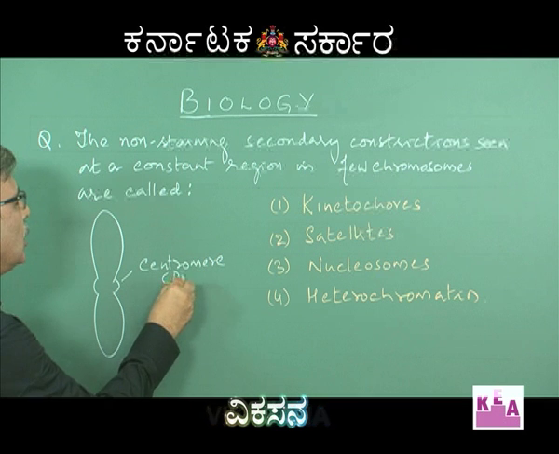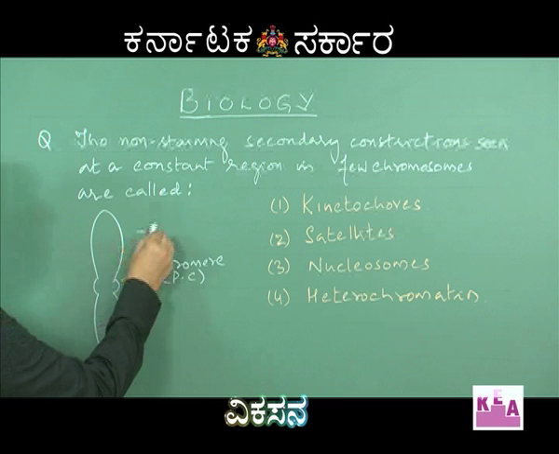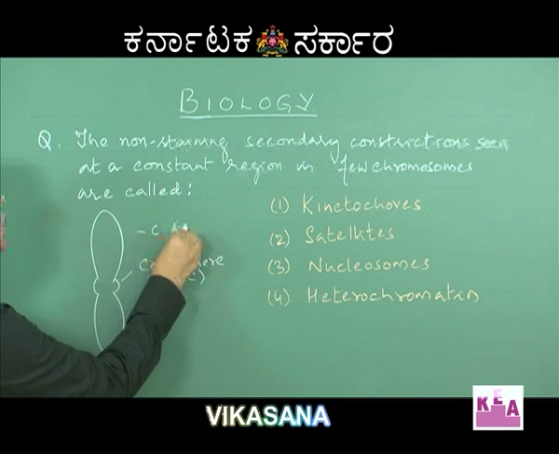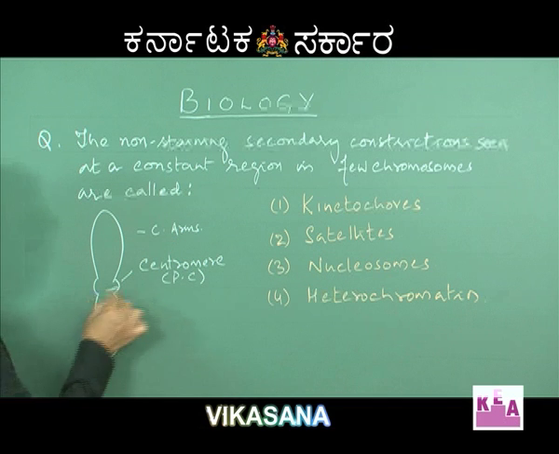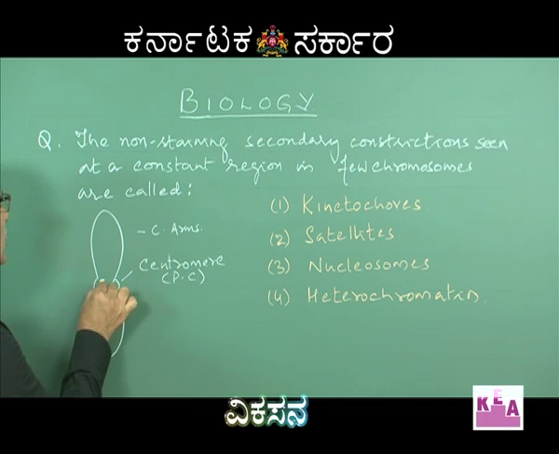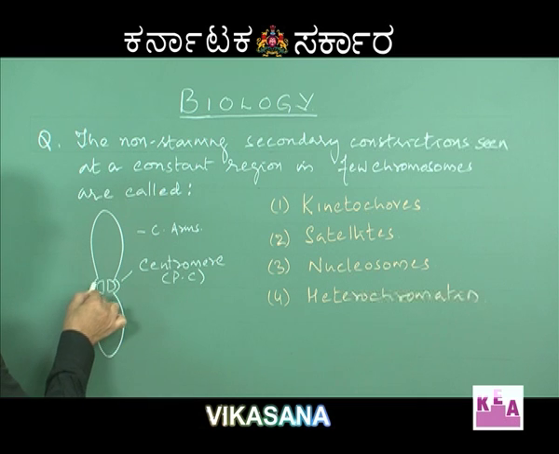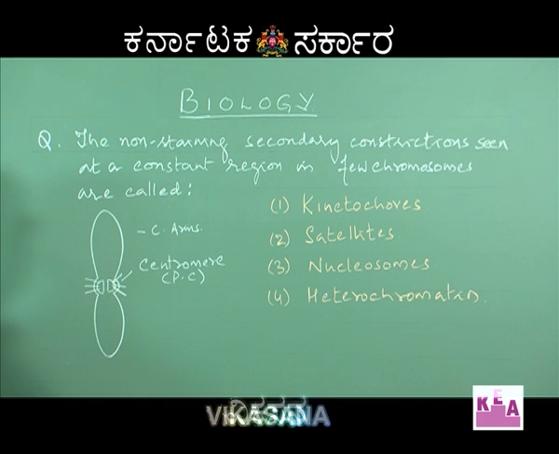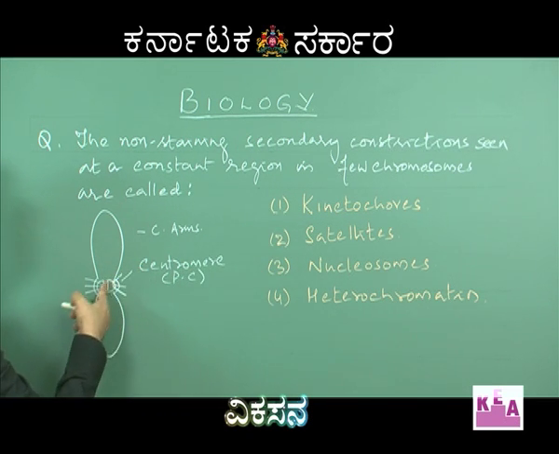Centromere is also called primary constriction, and these are chromosomal arms, also called chromatids. And centromere is the location where we have plate like structures called kinetochores, and they are going to have microtubules. So, kinetochore is a plate like structure found in the centromere,